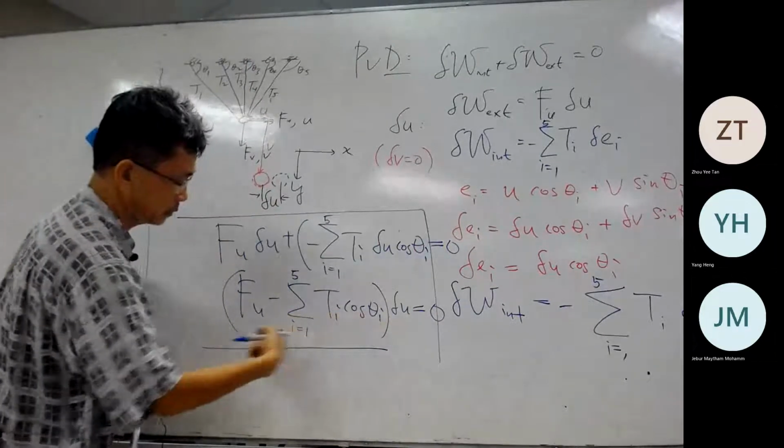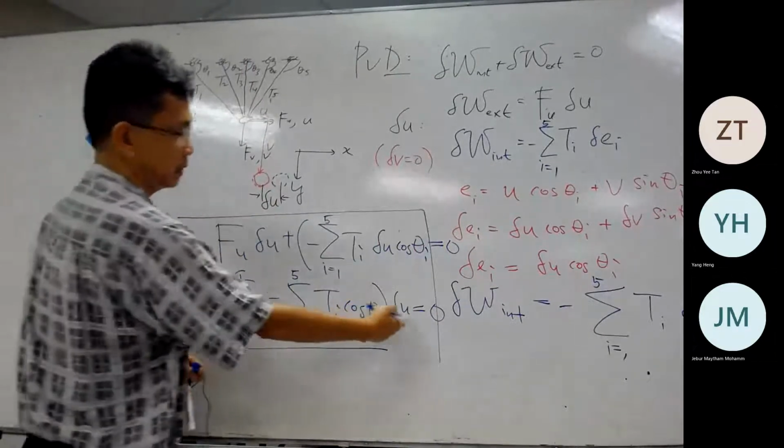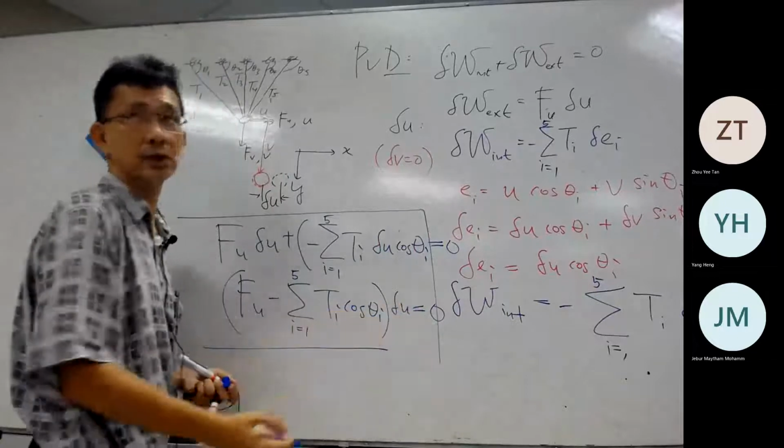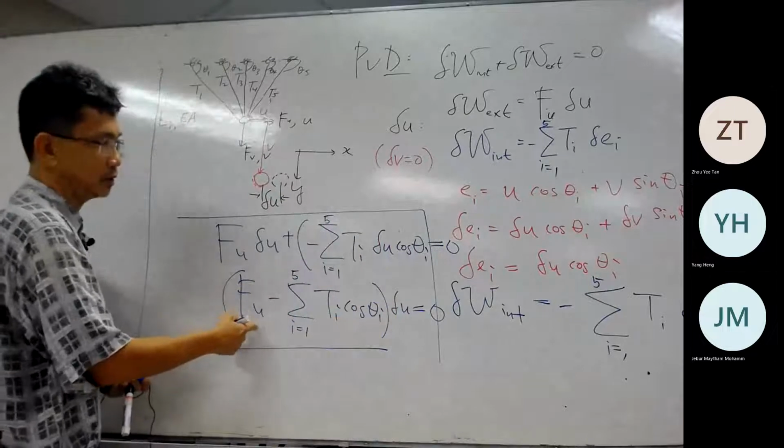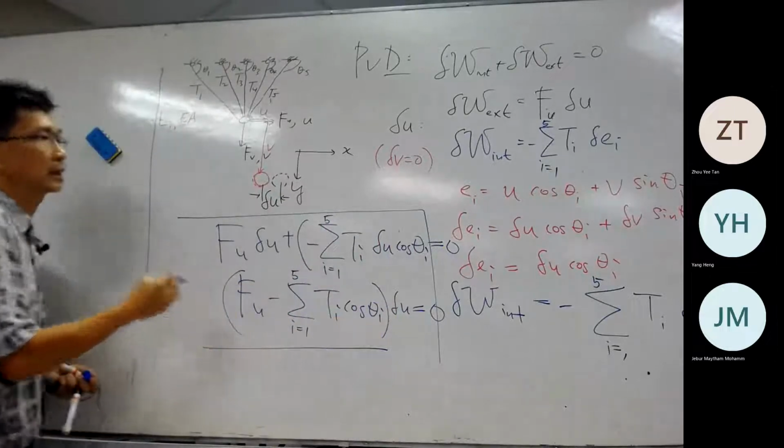So if this is equal to 0, we make this multiplied with this must be equal to 0. This is virtual displacement. It can be any value. Then this must be 0. If this is 0, then finally we get